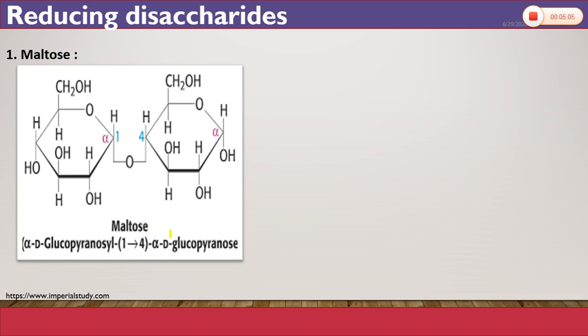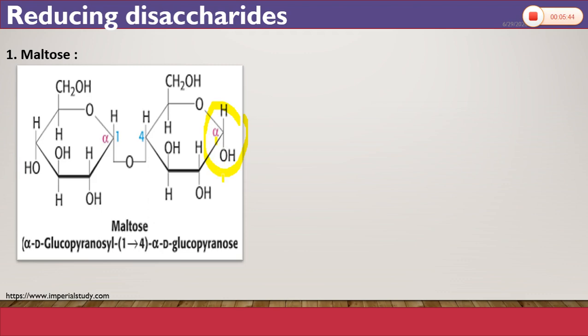When the structure of maltose is formed, for this glucose, this anomeric carbon is free. And as this anomeric carbon atom is free, it is called a reducing end. While the anomeric carbon of this glucose is involved in the bonding, it is not free. So it is a non-reducing end. But at least one anomeric carbon atom of the second glucose is free, and therefore maltose is a reducing sugar.